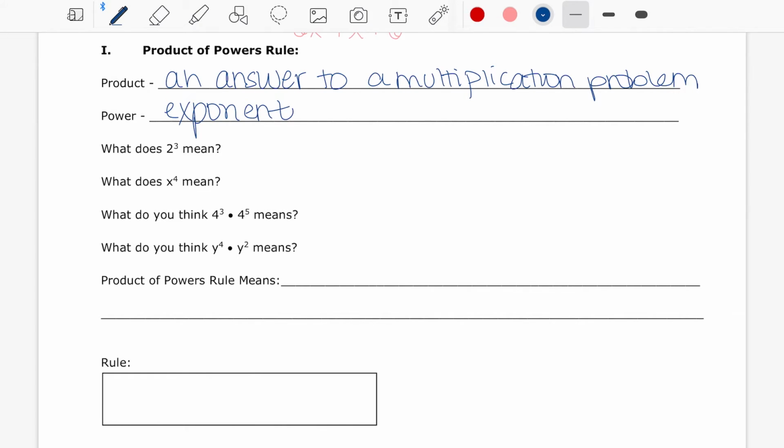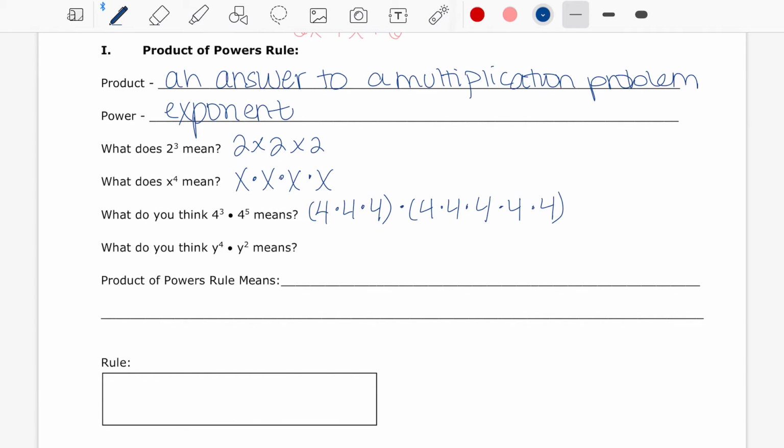So when I'm looking and I have 2 to the third, what that really means is 2 multiplied by itself 3 times, which I can write in expanded form. And then the same for x to the fourth. We would have x times x times x. So then now we see 4 to the third times 4 to the fifth. Well, what that really says is 4 times 4 times 4, and then times 4 times 4 times 4 times 4 times 4. These are all the same base, so I can rewrite that as 4 to the power of